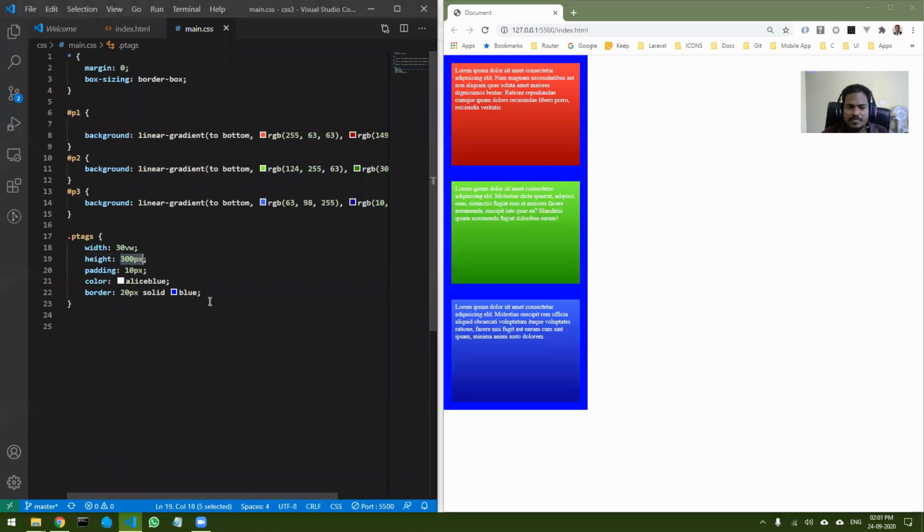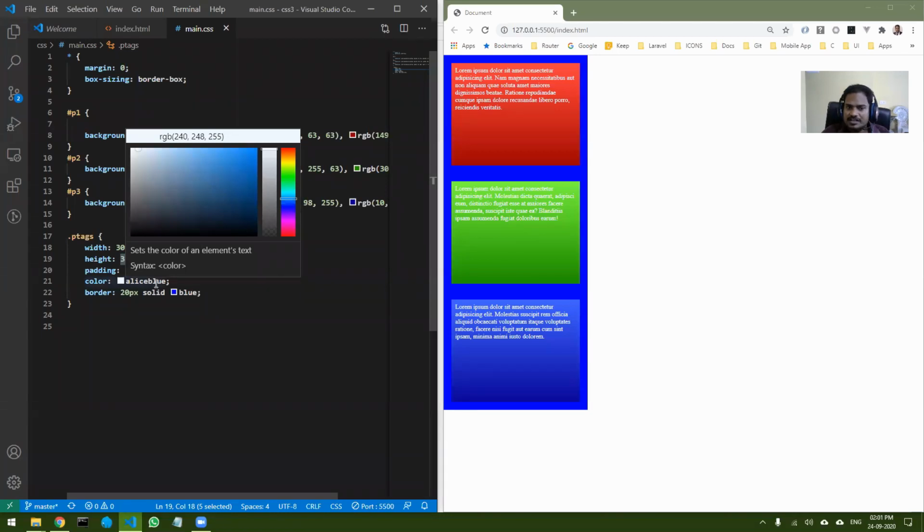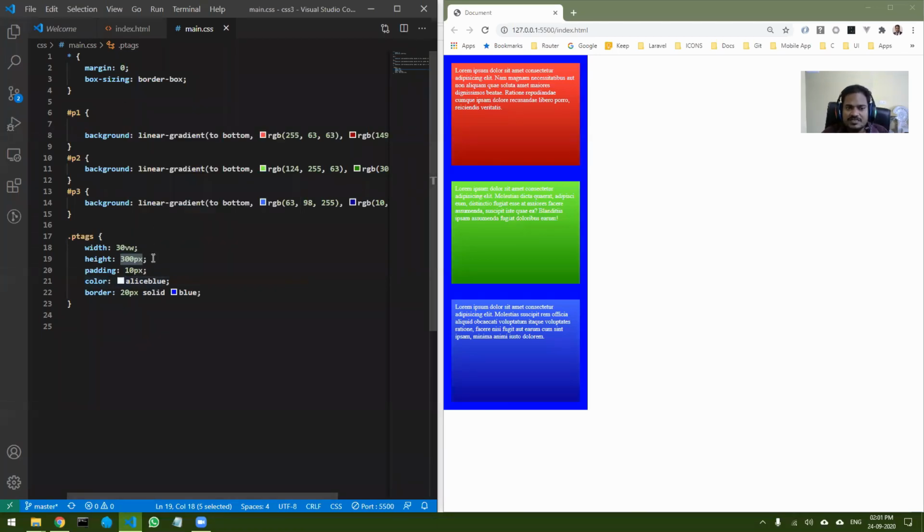Using percentages will not help here because the height of the div is not set. Instead, you can use something called VH, viewport height. VW means viewport width, VH means viewport height. Let's take 30% of the viewport height.